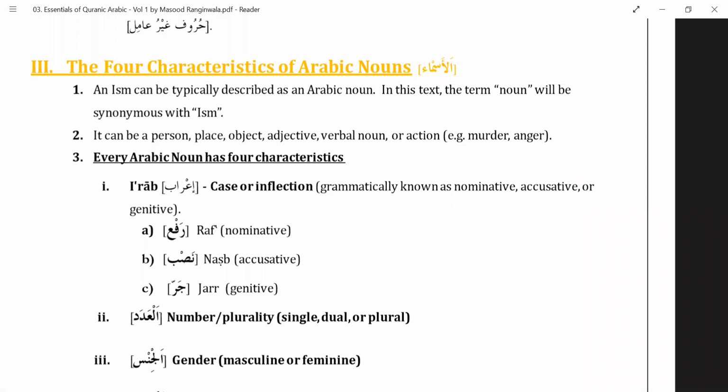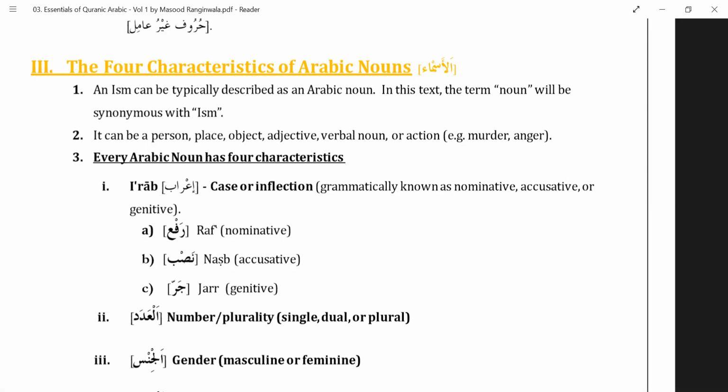Let me just give you a quick recap of what all we have covered until now. We started with the understanding of al-kalima, which is a word. A word has three categories. So any word that you look at, you can place it under one of these three categories. That is ism, fi'l, and harf. Ism, I told you, you should remember their names of 7 things: person, place, thing, idea, adjective, adverb, and more.